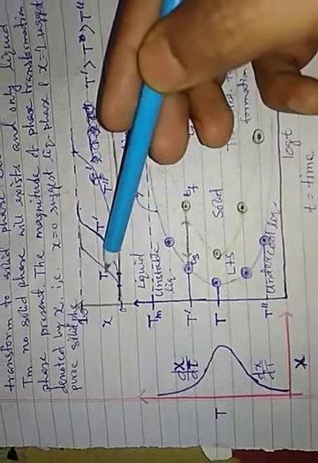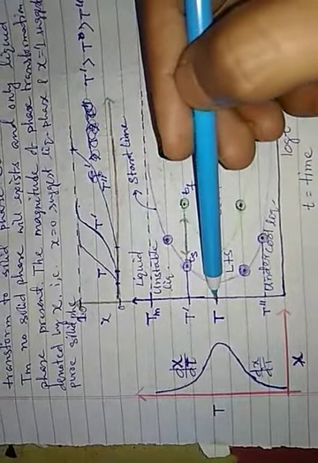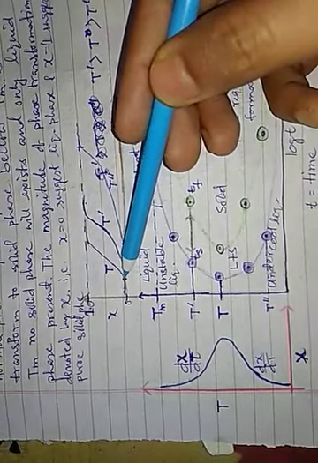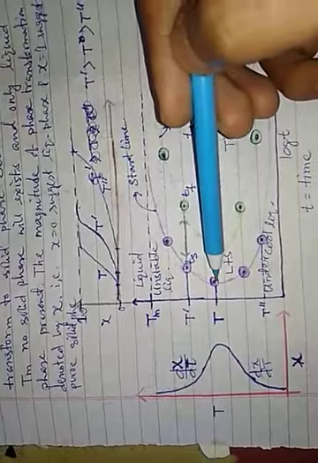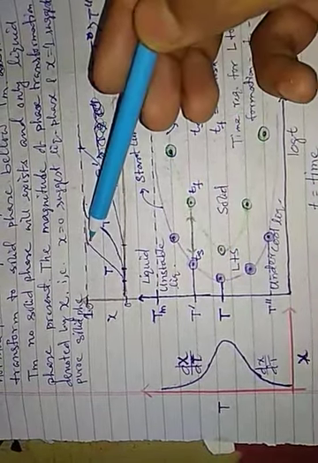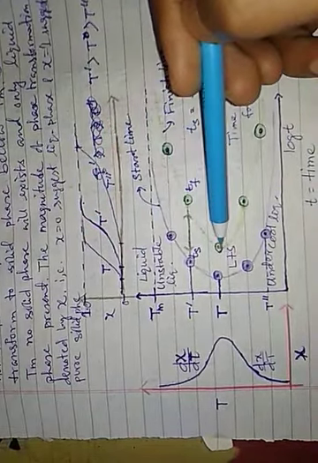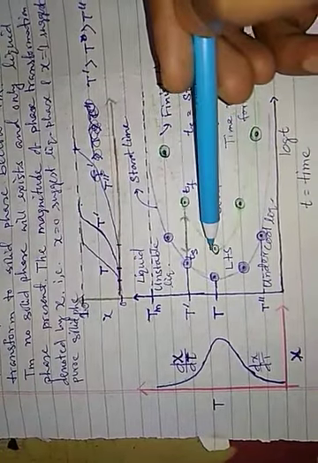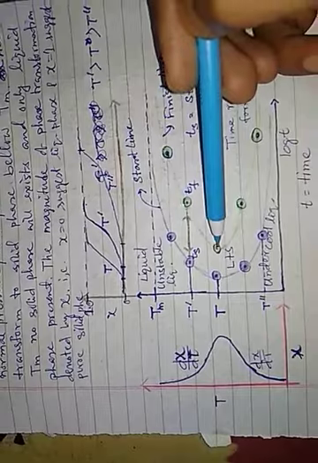So if I take this temperature as T, I am taking this temperature T here. Now this will be the start time, so the start time will be here, and at the same temperature the finish time will be here. So if I come down to this, that will be the finish time, and the temperature of both the points is the same. Okay, both the points are the same.